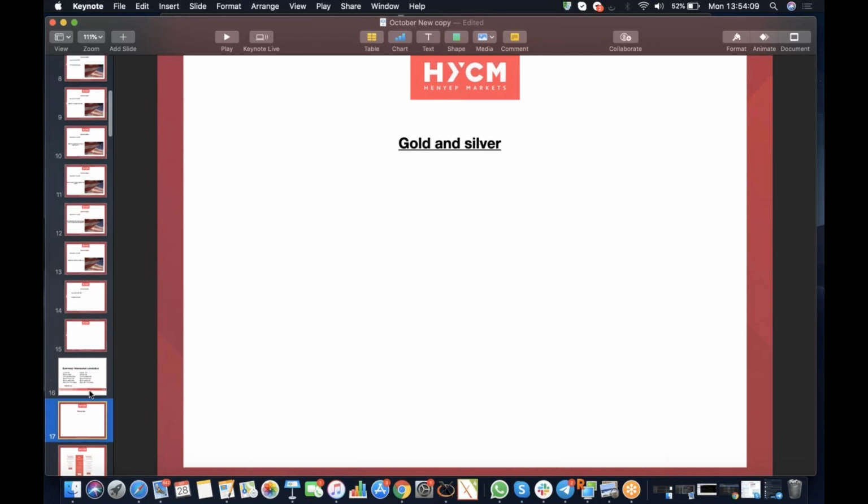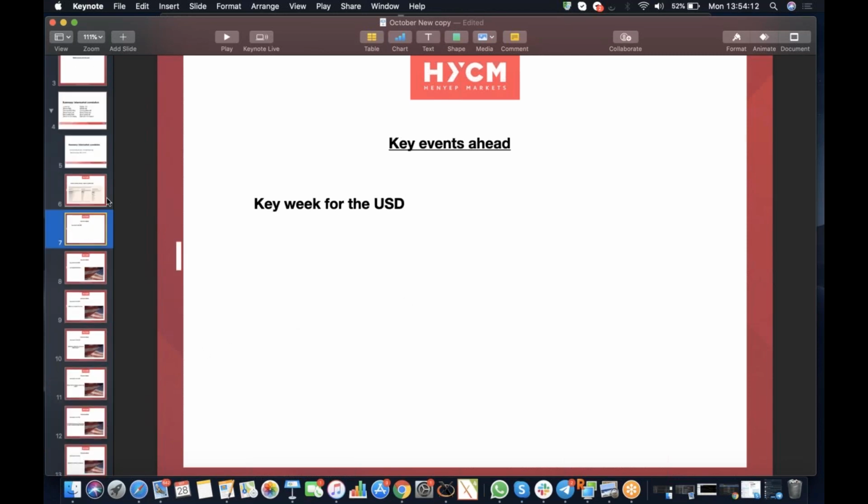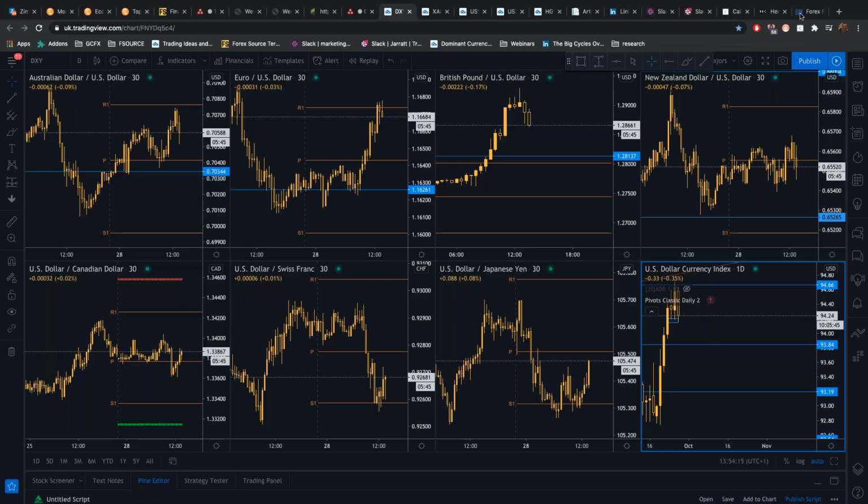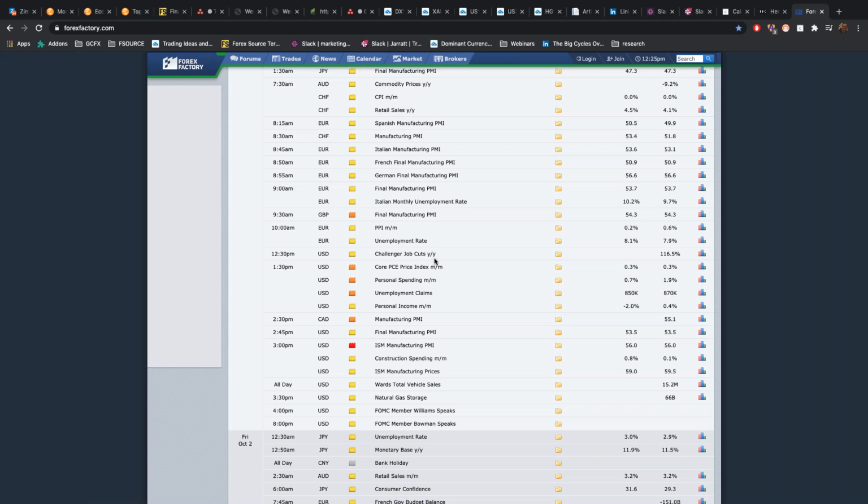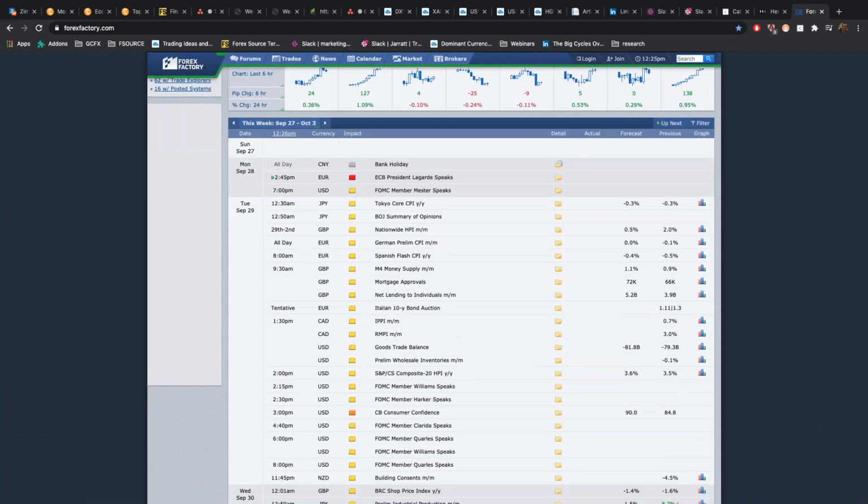The other thing we want to look at is the main events that are ahead. So we're going to go back to our other screen, and we're going to have a look at some of the key events that are taking place. You can see we have a very quiet start to the week. We have President Lagarde speaking. Look out for that on the euro US dollar. If we have her being concerned about euro strength, if you have a concern about inflation, then look for euro US dollar downside. Okay, that's the key thing to be looking out for, and potentially more euro pound downside. That's one to be looking out for.